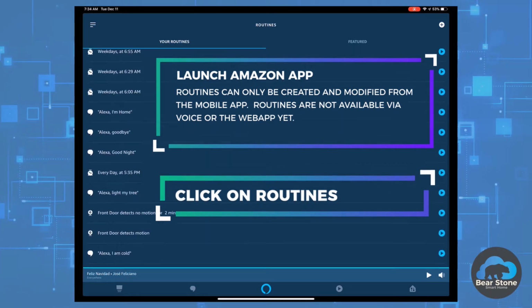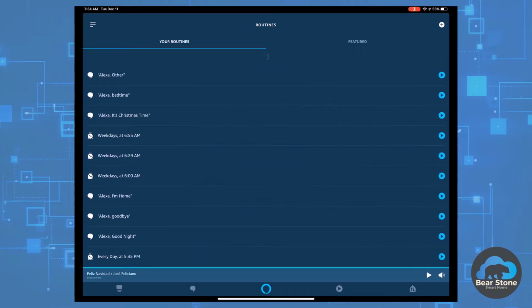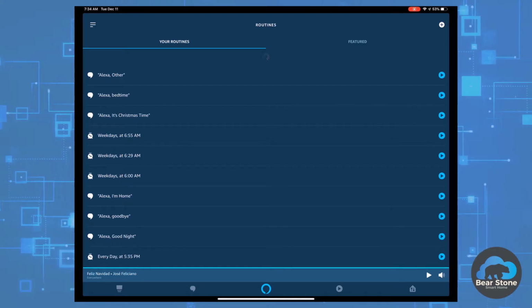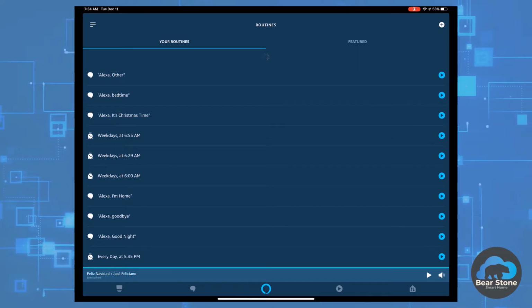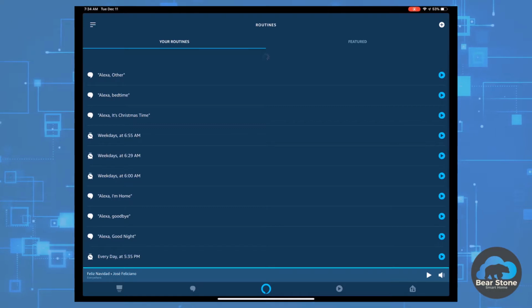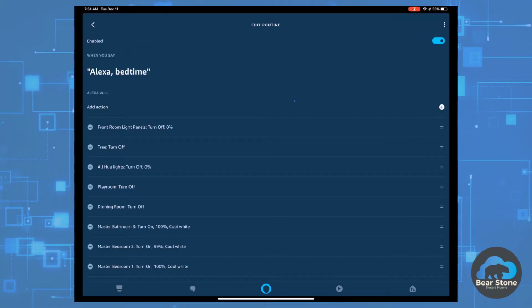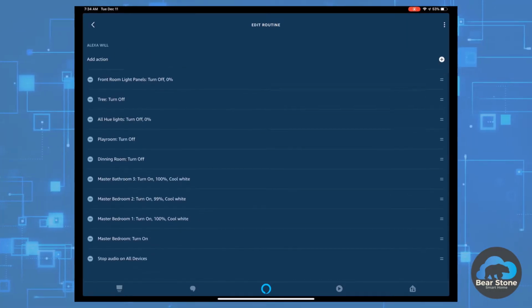I have a bunch of routines in here, and basically you can set the routines to start different ways, whether it be your voice or time. So let me get into this and I'll show you what I mean. Let's start with this bedtime one and say the wake word, and then bedtime, she would go through this series